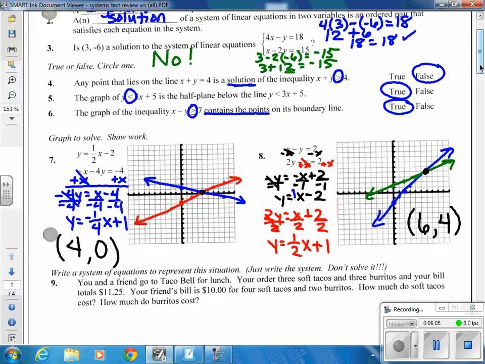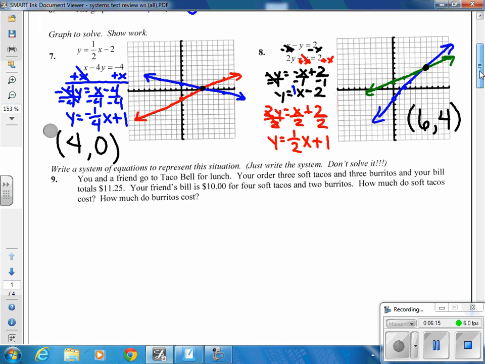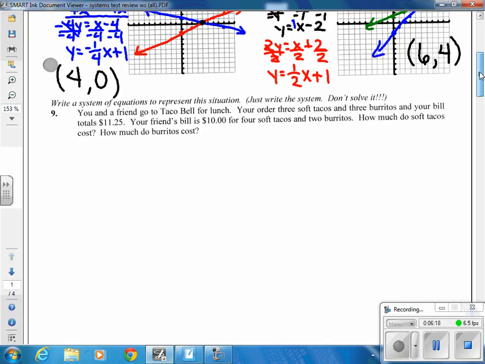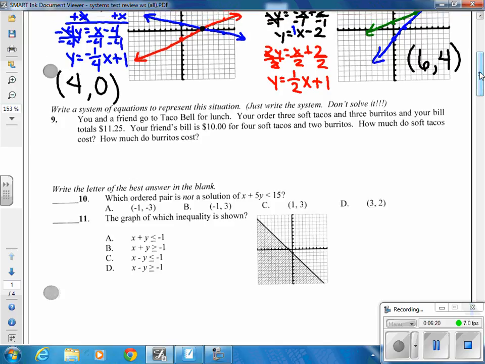Okay. And remember, with the graphing method, I've shown you in class how you can type them into your graphing calculator and find the point of intersection accurately with that. So you can always check behind yourself and see if what you've done on your test is the right answer or not. Okay. For number 9, it is asking you to write a system of equations to represent the word